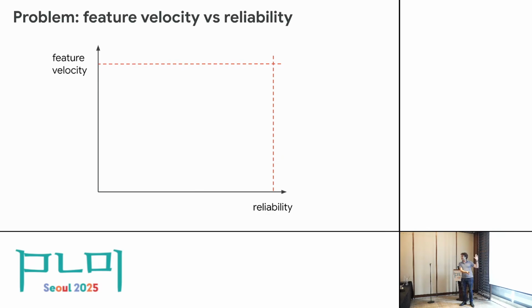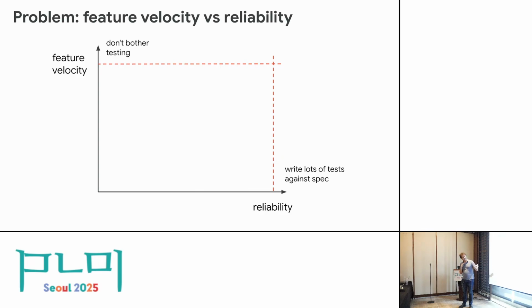Okay, it turns out in isolation, we know how to solve both of these problems really well. For reliability, you just write lots and lots of tests. That's great against the spec. I recognize that this community doesn't believe that that's reliable, and I think that's perfectly reasonable. But in industry, that's a gold standard. All right? So you want to write lots of tests against the spec. But if you want maximal feature velocity, actually you just don't want to test anything at all. Because now you can just change a feature, you can add a new one. Great. I mean, your data center crashes, but you definitely added that feature.